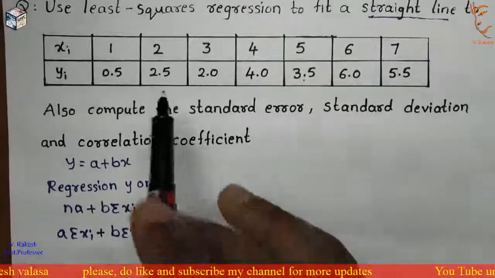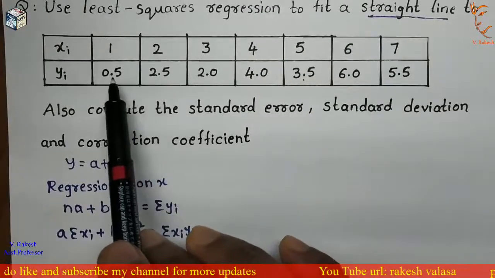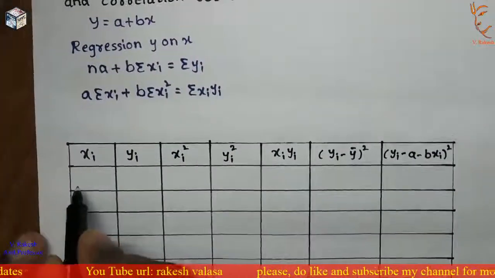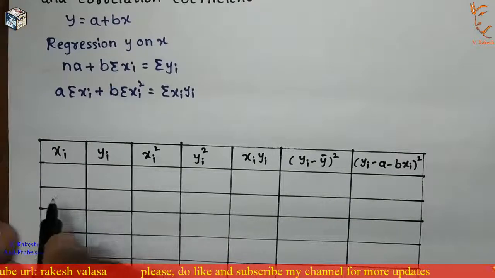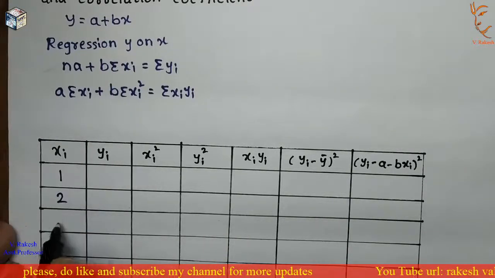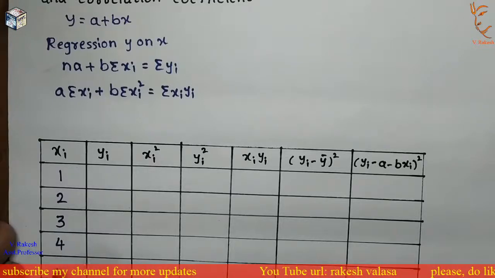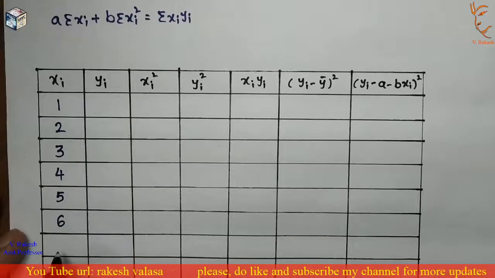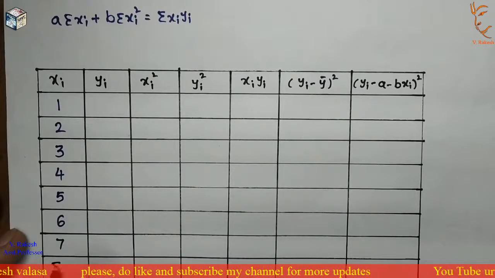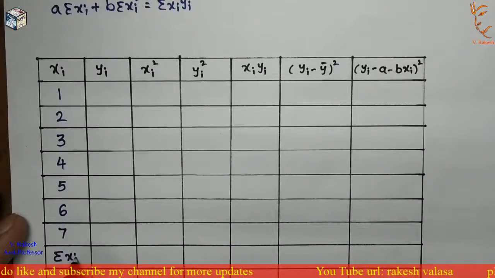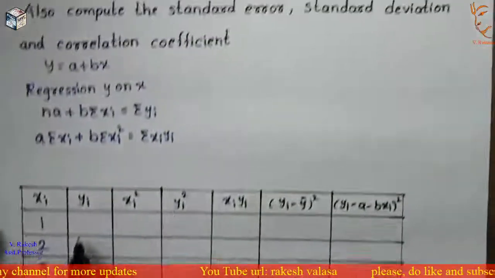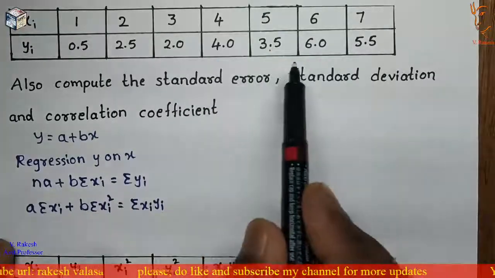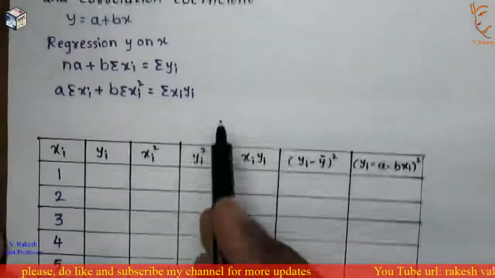Just write these values in this new table. xi is 1 2 3 4 5 6 7. This one is summation xi. Next one is y, 0.5 2.5 2 4 3.5 6 5.5,